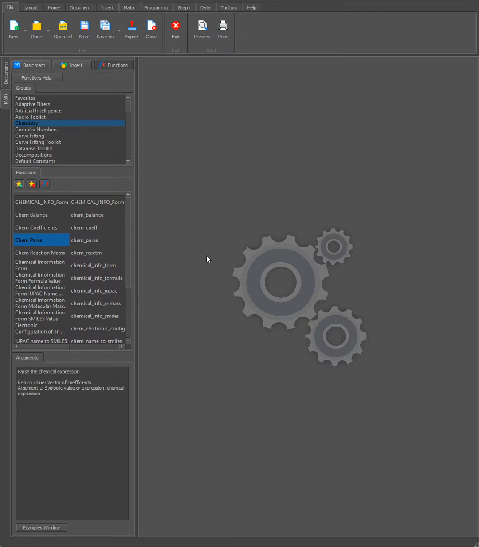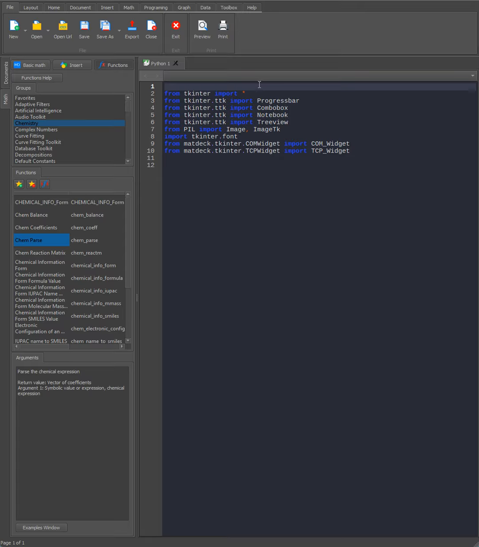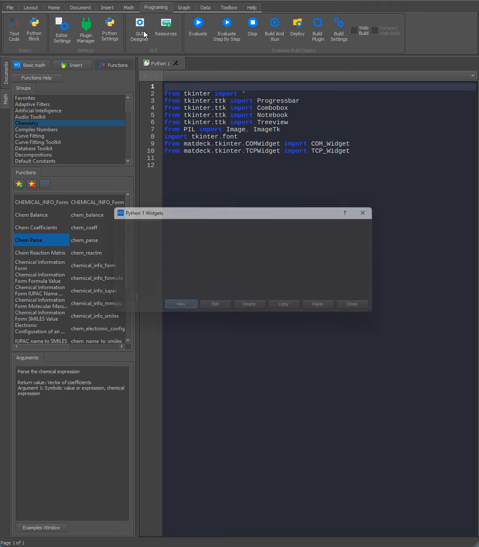Our Tkinter Designer features over 20 widgets and is part of the MD Python Designer package. To open up the Tkinter Designer, all you need to do is click on this little triangle in the right hand side, hover over New Python Script and select Tkinter Script. Then we head over to the Programming tab, open up the GUI Designer by clicking on the GUI Designer button